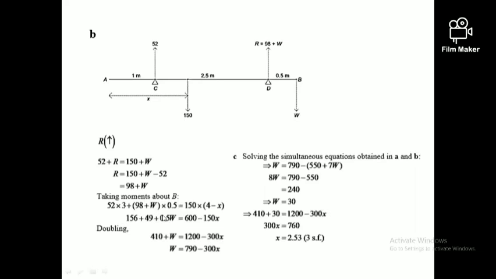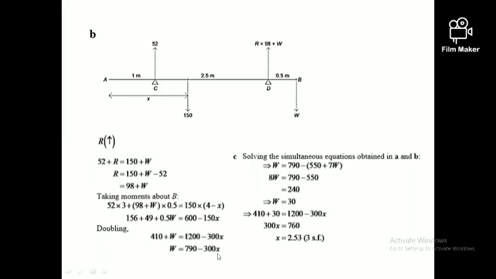205 plus 0.5W is equal to 600 minus 150x. Then, to remove this decimal point, I'll multiply everything by 2. Then 205 into 2 is 410. This is W, this is 1200, and this is 300x. Then you can say W is equal to, if I bring this 410 to the other side, 1200 minus 410 is